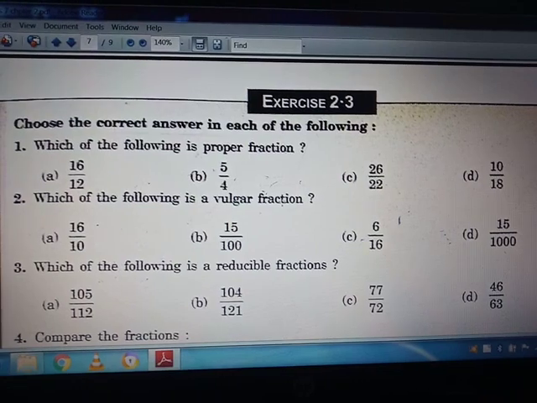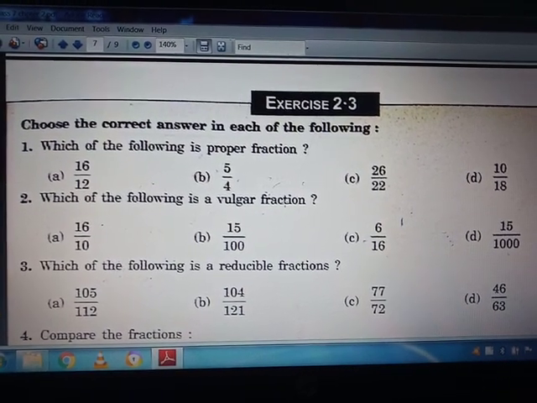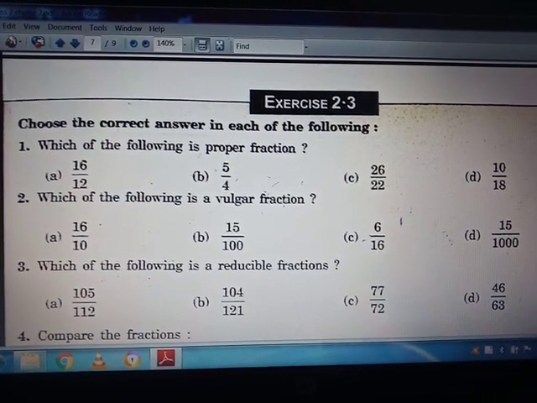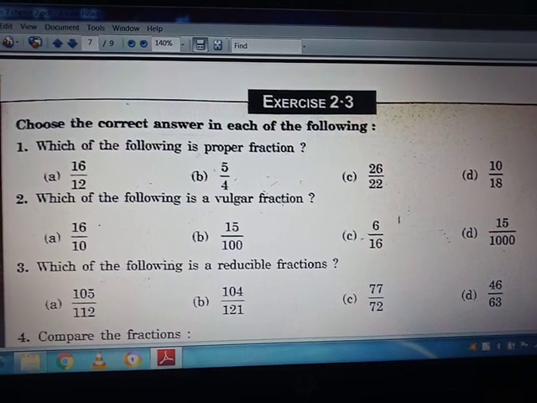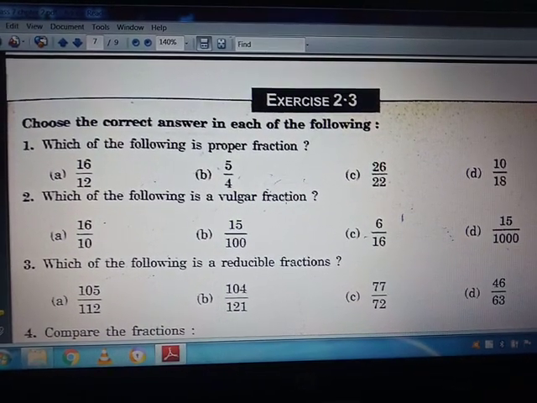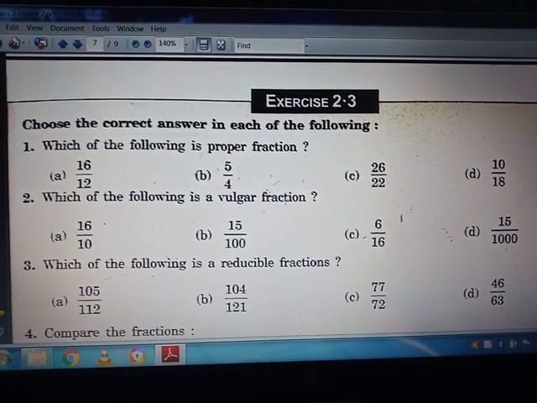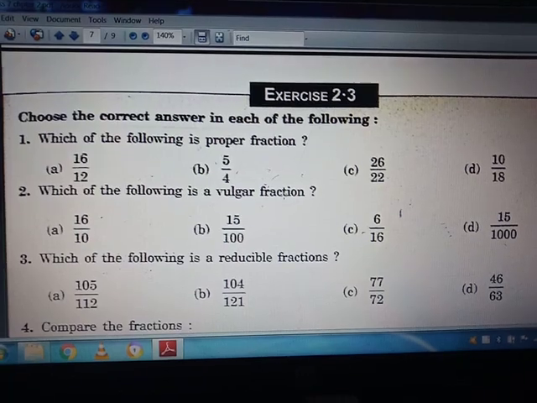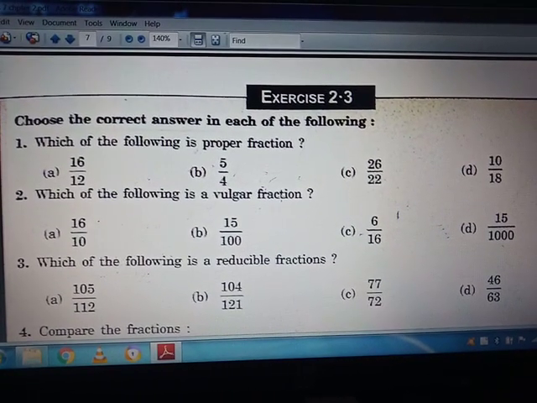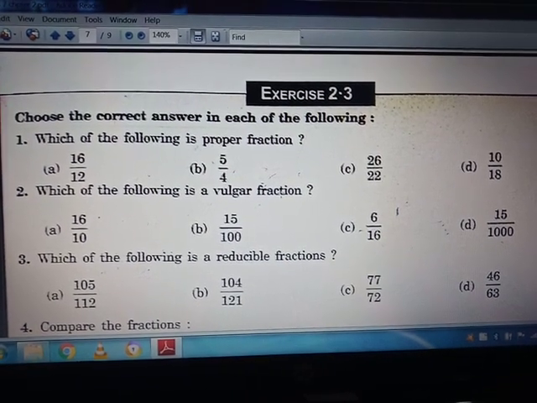Okay, in the previous video we have studied how to divide a fractions. Now we are going to discuss exercise 2.3, in which we will go through several questions and solve them. So moving ahead, first of all we will go through the doubts, whichever doubts you have. The first thing is that we should solve the doubts, then after that we will proceed.